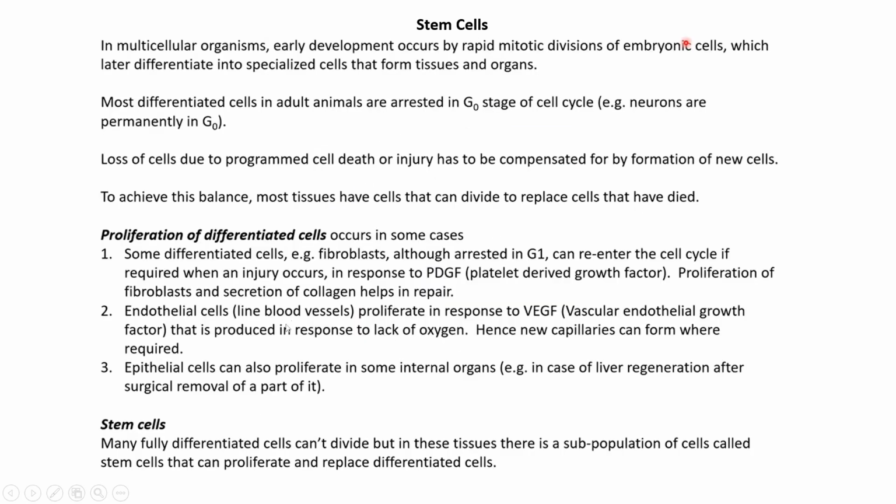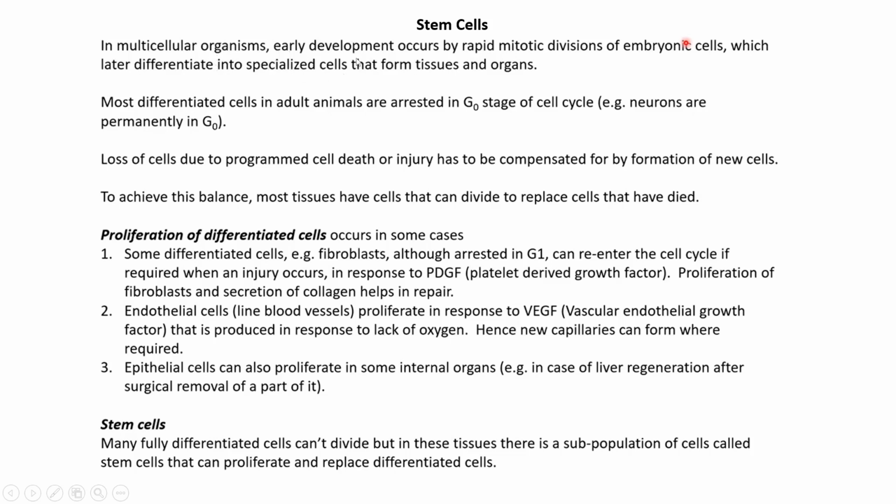Now we will be discussing stem cells and the different types of stem cells first, and then the concept of induced pluripotent stem cells, and how you can generate a stem cell from a somatic cell. Generation of stem cells from somatic cells is called induced pluripotent stem cell. We'll be discussing that, and we will also discuss the applications.